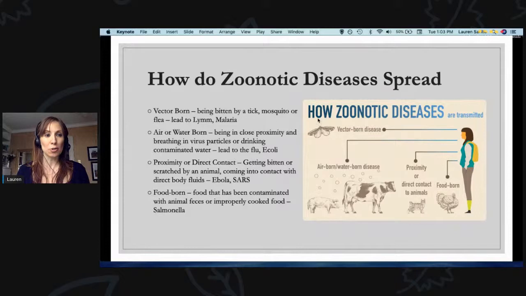One is vector-borne. This means you're getting bitten by a tick or a mosquito or a flea, and then they transfer some sort of germ through their saliva. Ticks can transfer Lyme disease or a variety of other diseases, and that's why ticks are quite dangerous. It's super important if you're going for a hike, especially where we live in Southern Ontario, where ticks are becoming very widespread. If you go out with your dogs or pets or family on hikes, definitely do a tick check at the end.